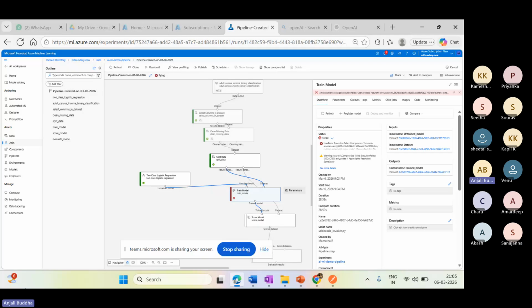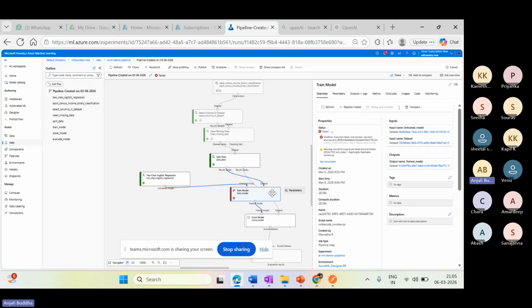As I told, I'll stop it here. If everything is working fine, the execution goes smoothly. If you have made any mistakes while configuring the pipeline, submitting the data, or defining the parameters, we'll get exceptions when running a pipeline. So I'll stop it here.